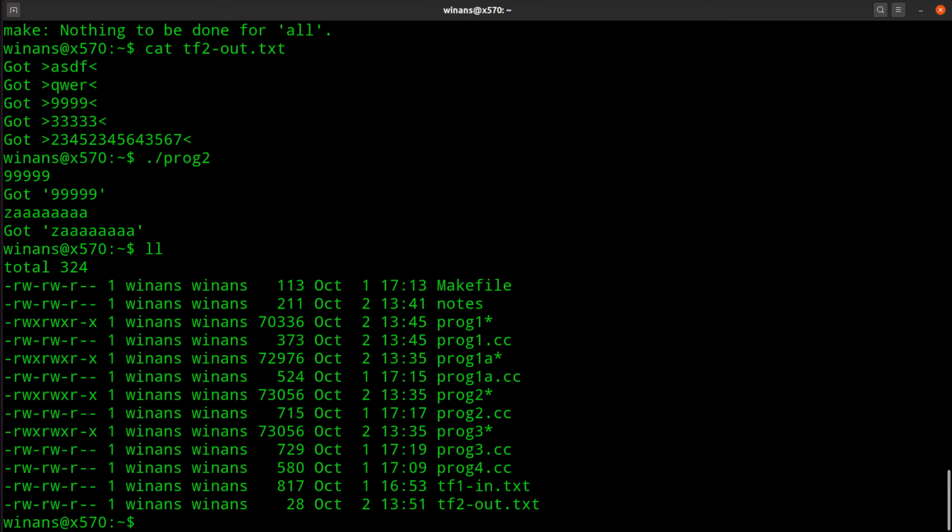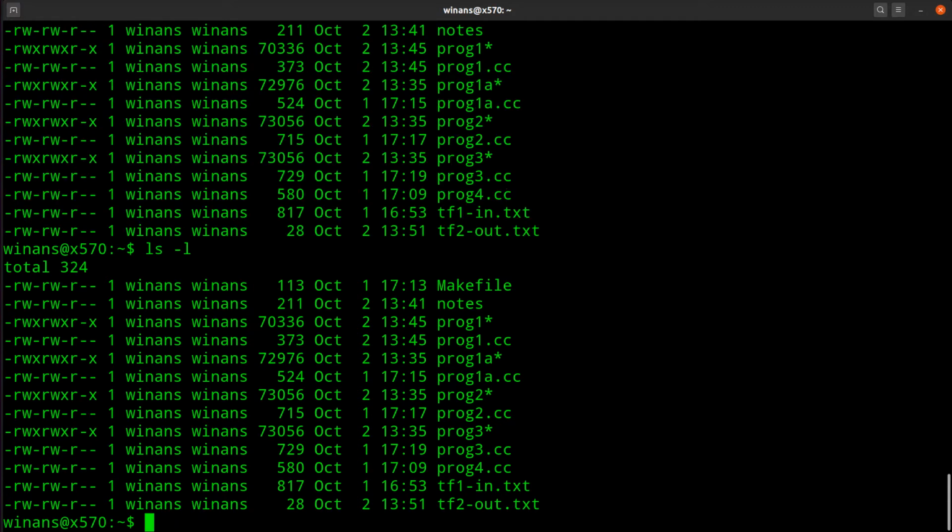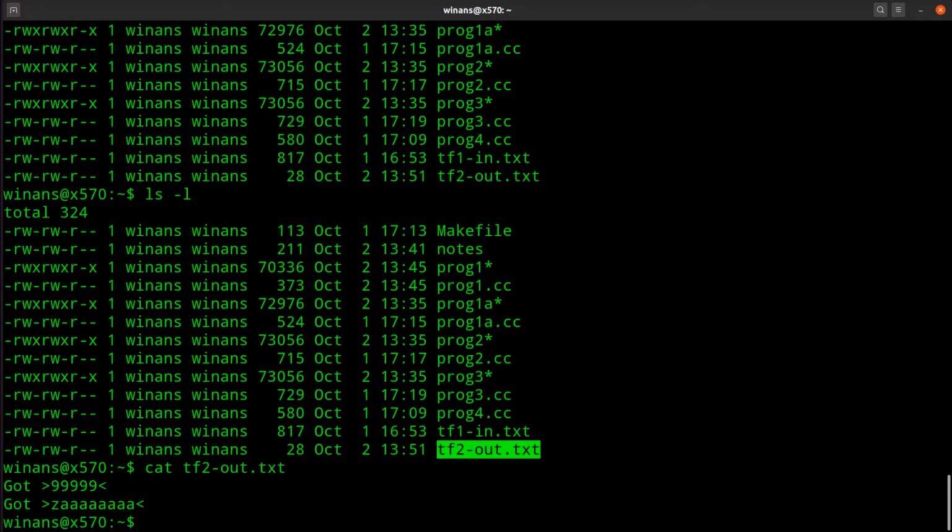So if I list with ls, which is short for ls minus l, by the way, I can see the 66 bytes changed to 28. So I know something happened, and the file became smaller. So it probably worked, right? You can see the 9s and the ZAAA and so on. So this thing created this file. It didn't create it because it was already there. It truncated its contents, and then it wrote the data that I typed in into it as the program was supposed to. So let's go ahead and remove this file now